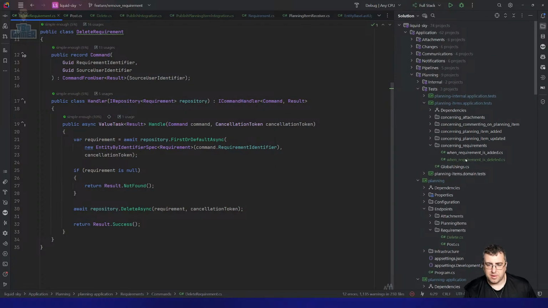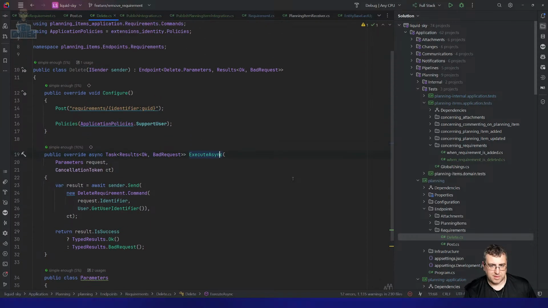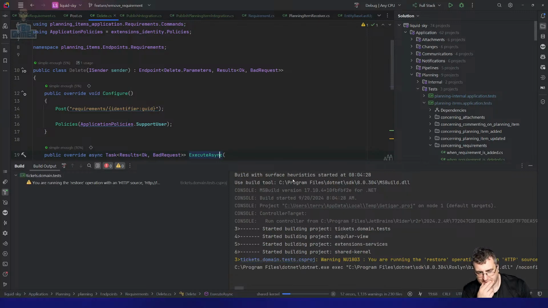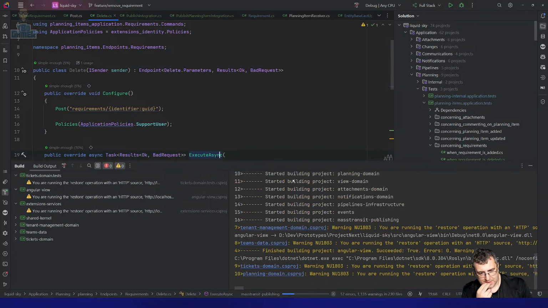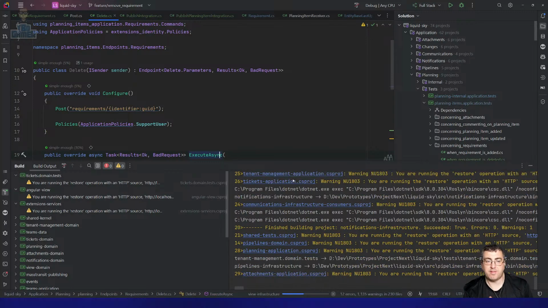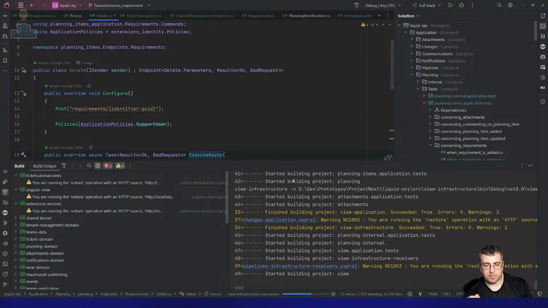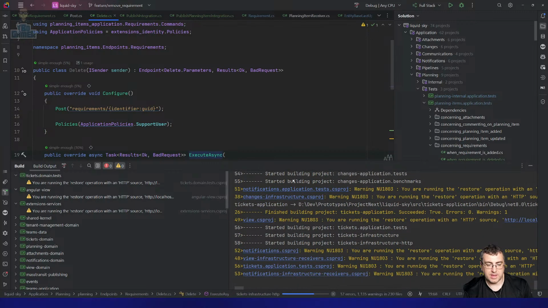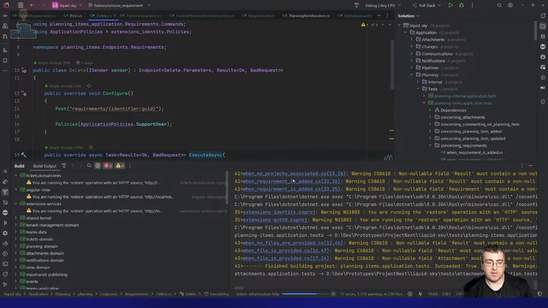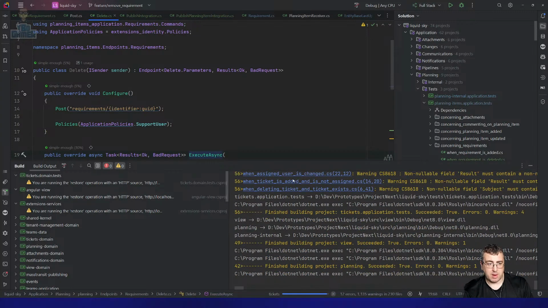So, to test this, well, let's see. Let's validate builds first. So we don't have anything receiving the delete on the other side, which is a challenge. The problem with this is if I send a delete, because I have a consumer for the event of requirement integration,